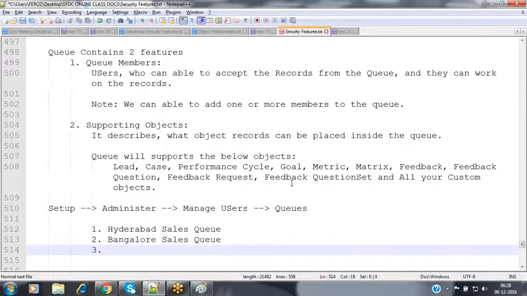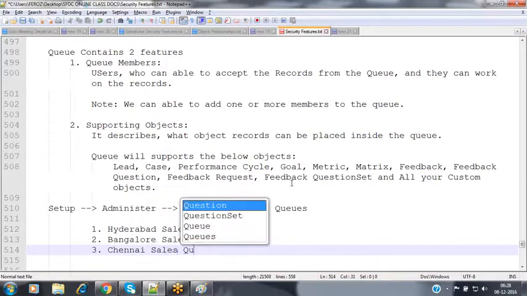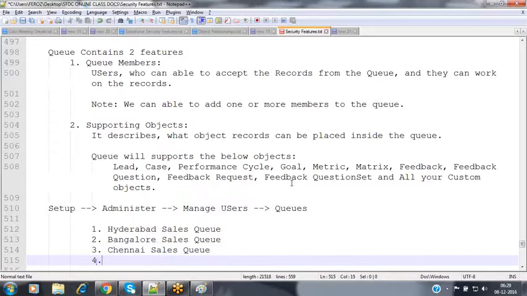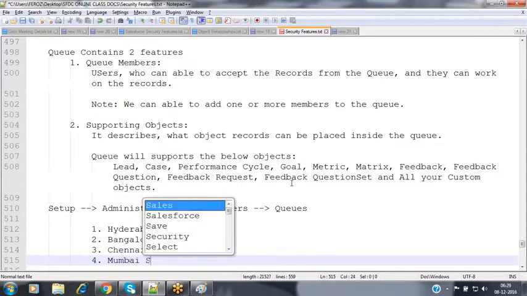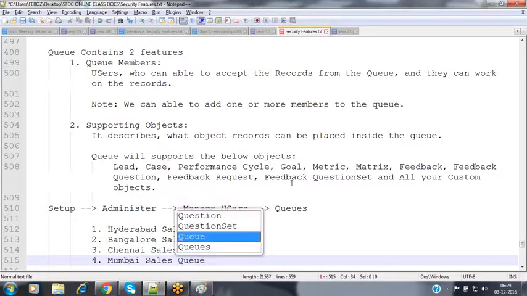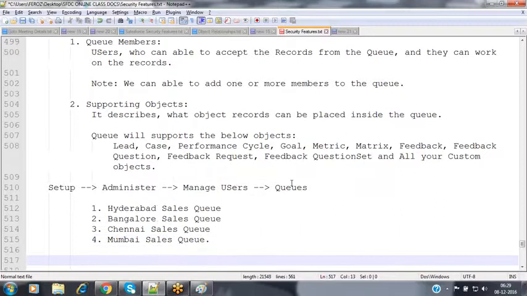The third one is Chennai sales queue. And the fourth one is Mumbai sales queue. So these are the four queues that I would like to configure right now, and then I would like to assign records to these queues. Now these are related to sales queues. Service queues you can create on your own, depending upon your need.